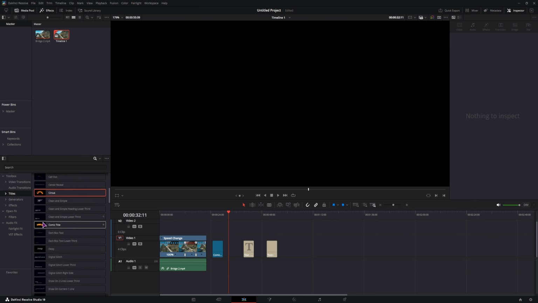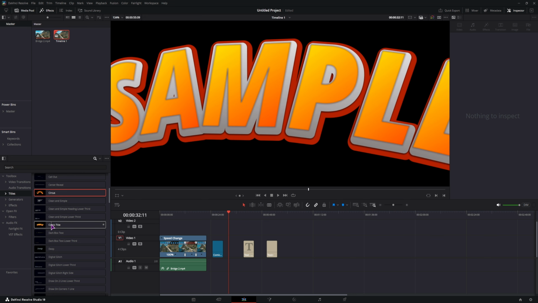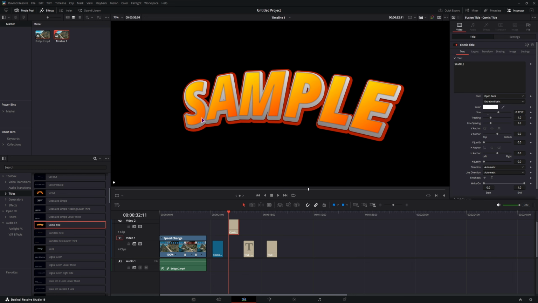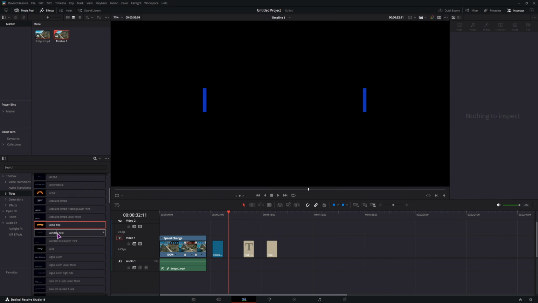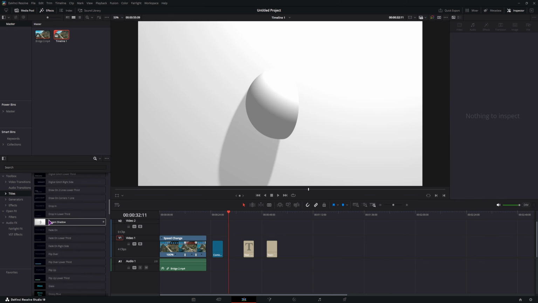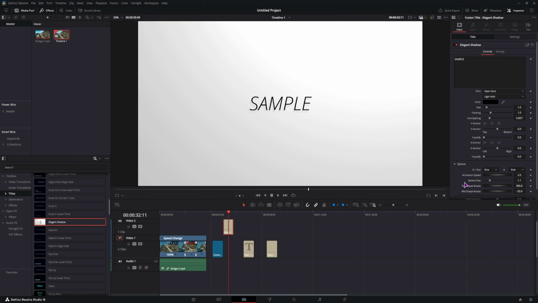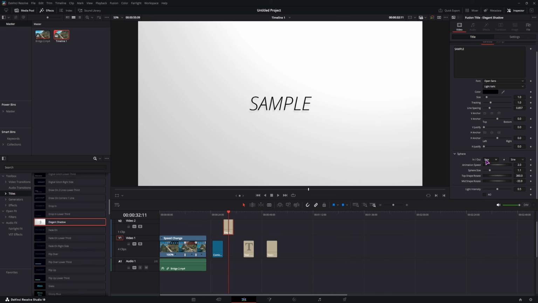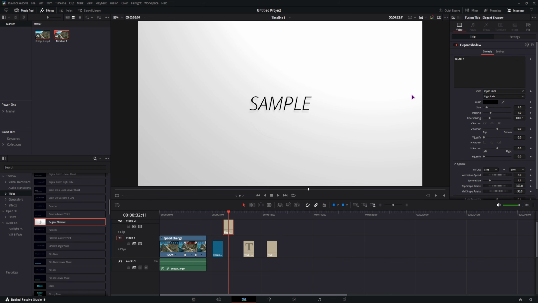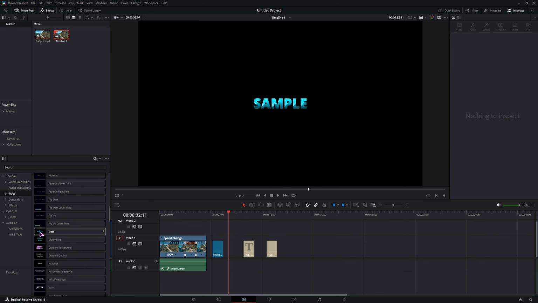Then let's see which one we have. We have the comic title. So I would say this one is done in the same fashion as the previous one. This one is new, elegant shadow. Let's see what we can change. The color of the text. As for the sphere, nothing much. So basically it is whatever color you want onto this whitish. We have the glass effect, the glassy blue,